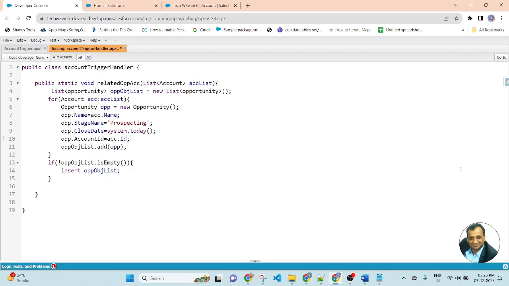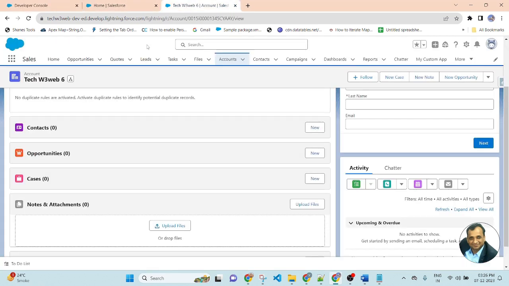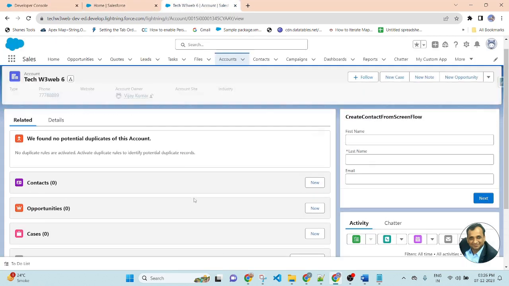Now save the file. Now if an account is created, then an opportunity will be created automatically, and the newly created opportunity will be associated with this account. Earlier I forgot to add the account ID, so after creating an account, the opportunity was not associated.